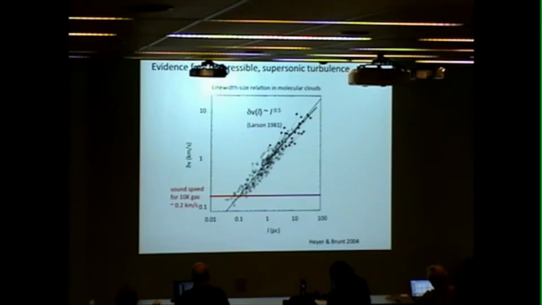Here are the standard Larson relations, which basically relate the size of the molecular cloud to the line width. And if it was incompressible turbulence, the exponent here would be a third. Okay? And since that gas we know is at about 10 Kelvin, the sound speed is here. So all these clouds are very supersonically turbulent